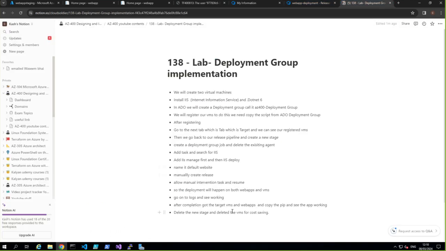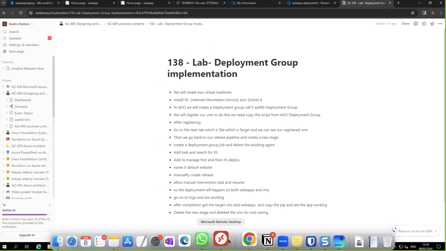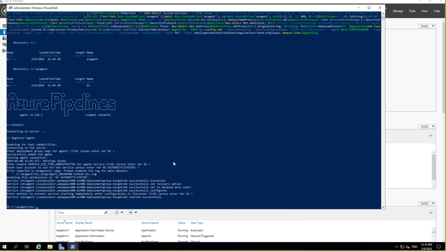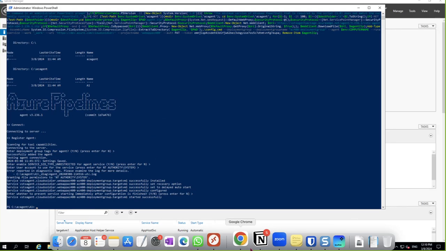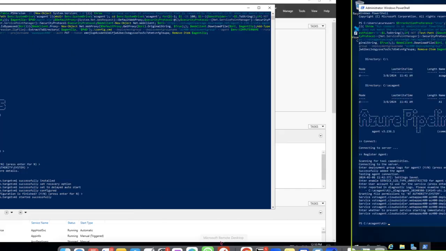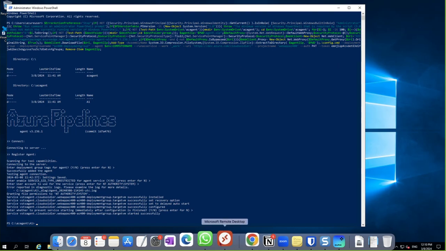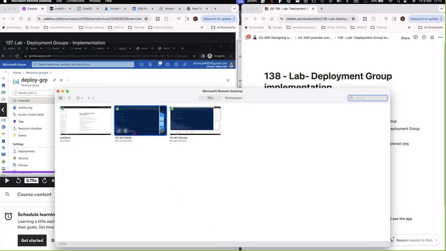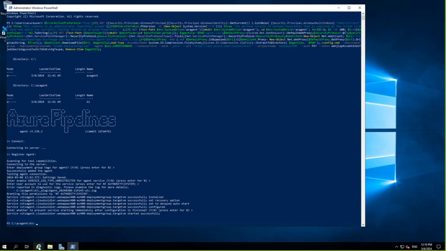After commissioning the target regions and web apps, copy the public IP address. And in the virtual machine we can see locally that the website is working. So if you go to this machine, sorry, the first target VM, where is it? First target VM, and if you go to Internet Explorer,